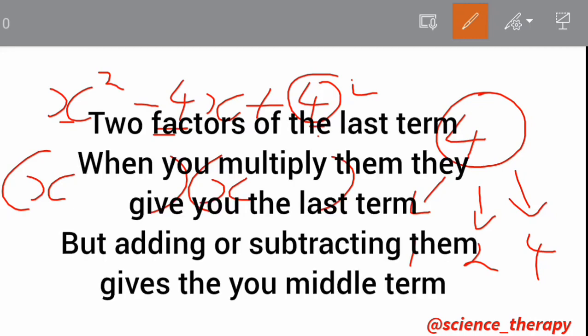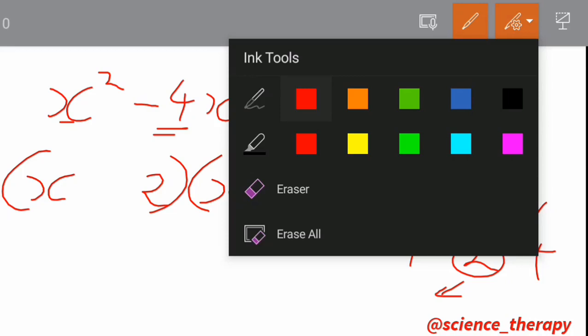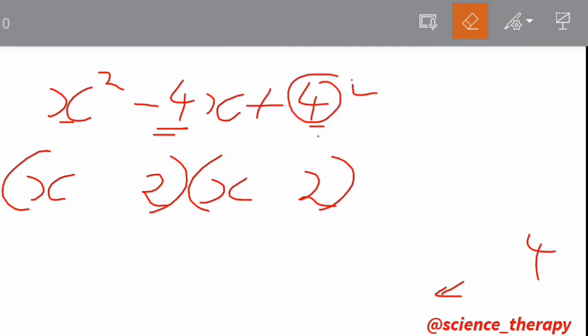You can repeat the factors. So you have 2. If you put 2 here and you put 2 here, we can all agree that 2 times 2 is 4. And also if you add 2 and 2, it gives you 4. But now the 4 here is negative. Now if we revise the fact that we said